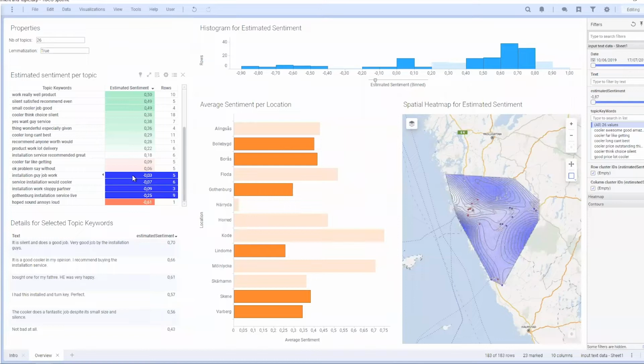The finding is that it looks like there may be something about installation service and possibly in Göteborg. If installation is mentioned in the topic or installation service, or even to some extent Göteborg, then the average sentiment is actually much worse than for the other topics. And if we filter to all those topics which have something to do with installation,